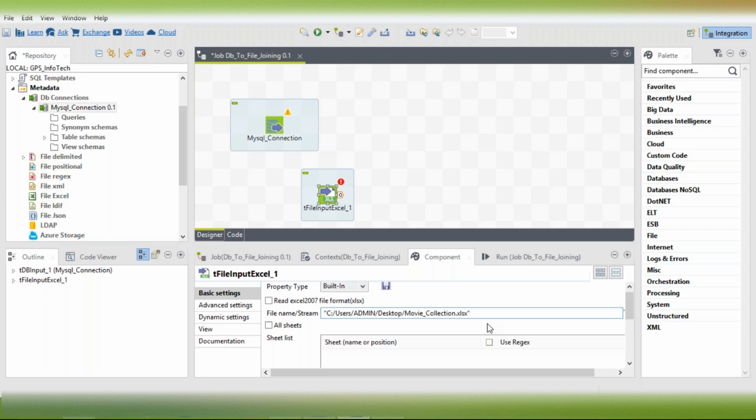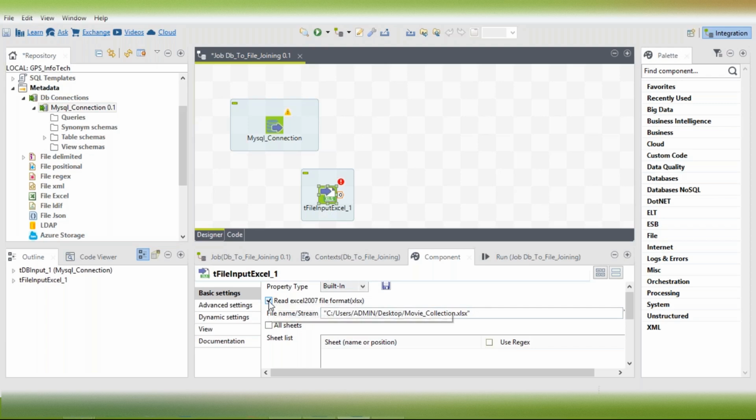If it is the 97 to 2003 model, meaning the Office type is 2003, then it should be XLS. So when you are using the advanced XLSX, then you should